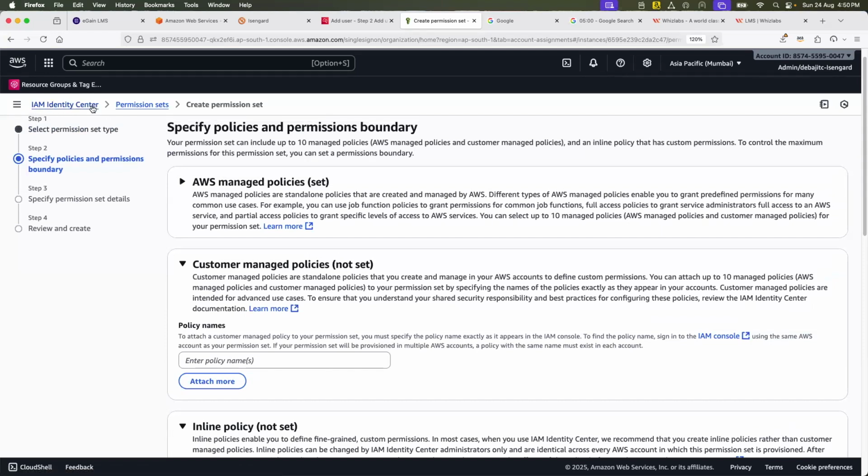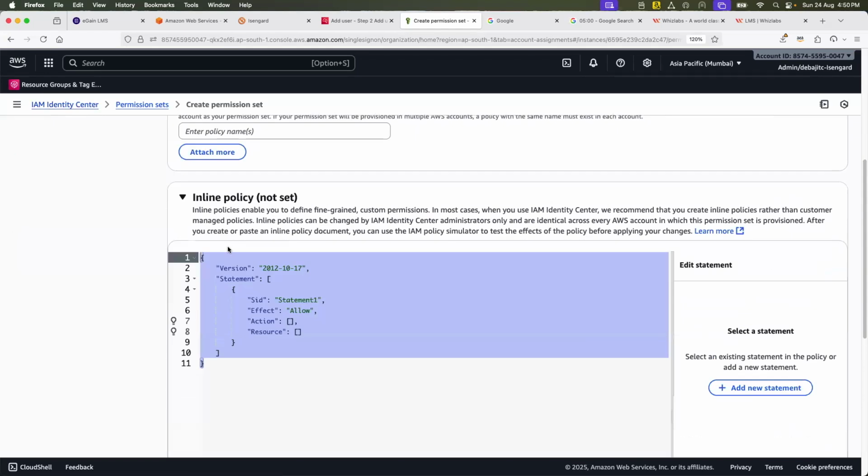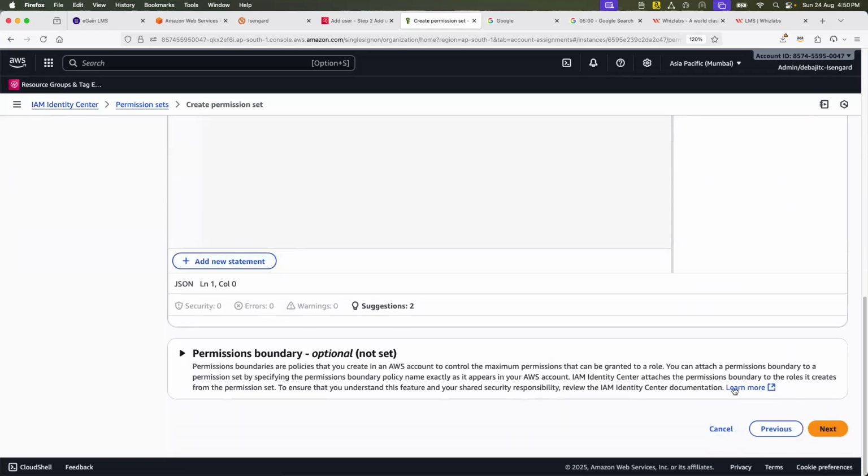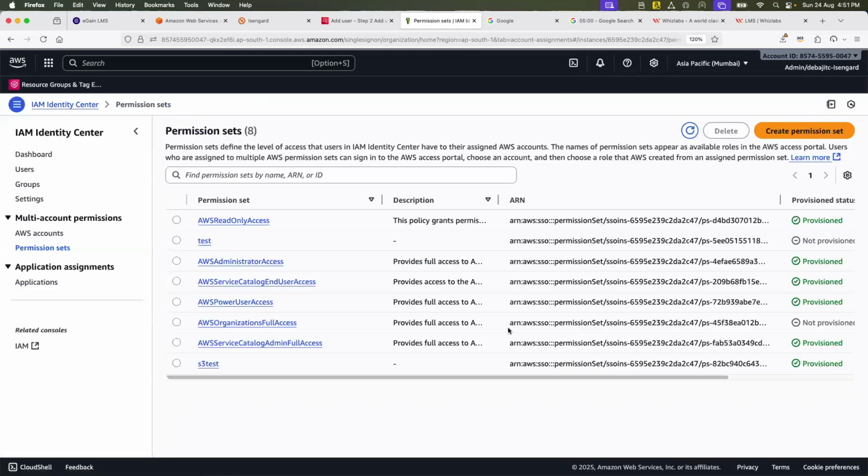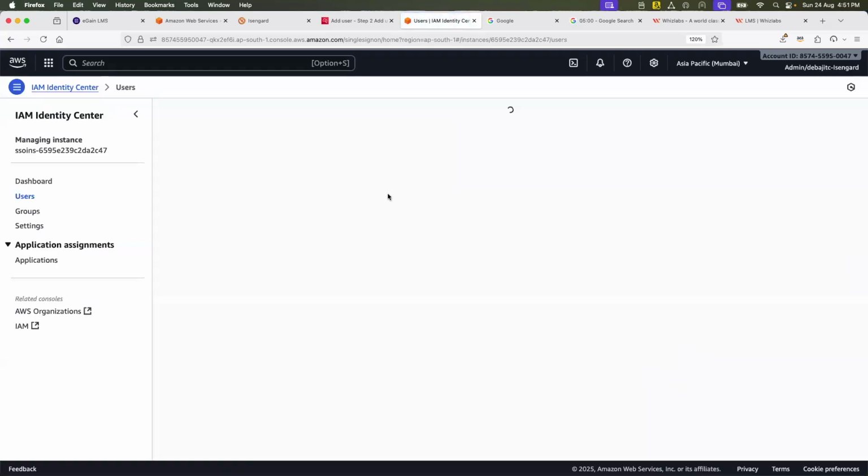It is a service designed only for single sign-on. But these days, many customers use IAM Identity Center with custom permissions, or the existing IAM permissions, so that it gives them a single pane of glass.